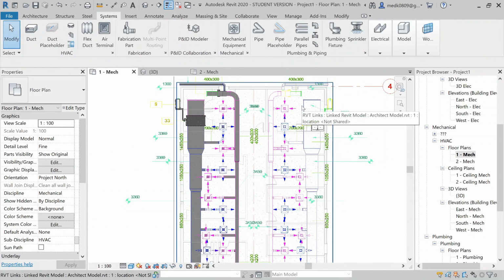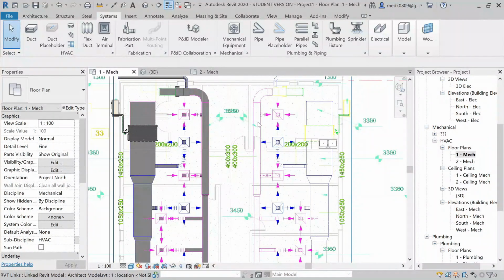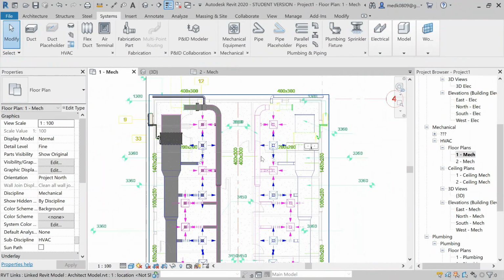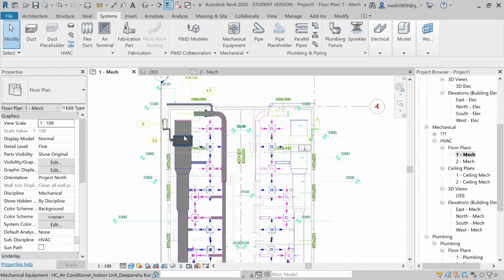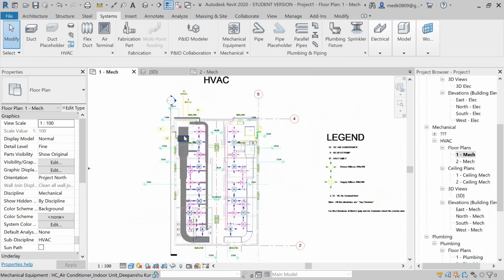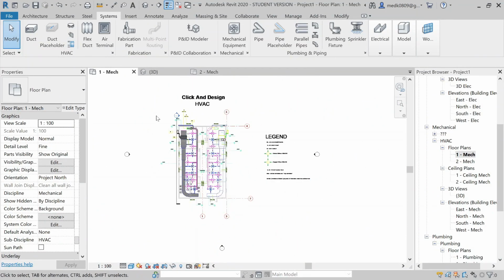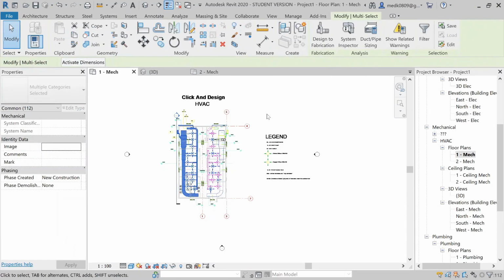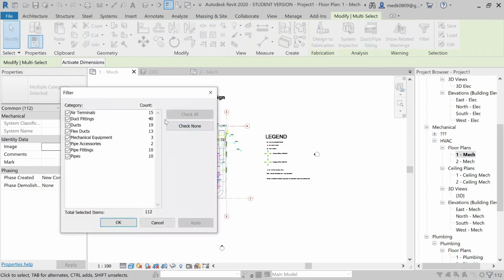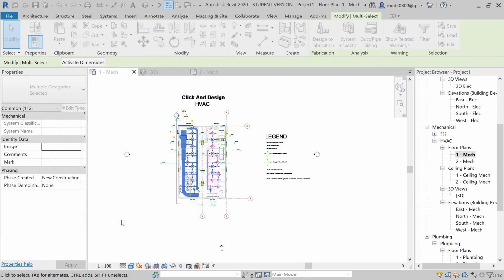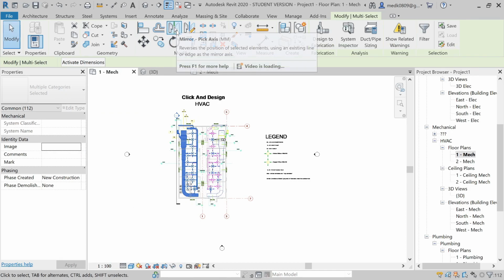Now here on the right we also have ductwork, and it is a similar copy of the ductwork which we have done on the left. For that I will use a shortcut. We'll select all the ducts and we'll go to filter. We'll select all the categories and then click OK, and with the help of mirror,